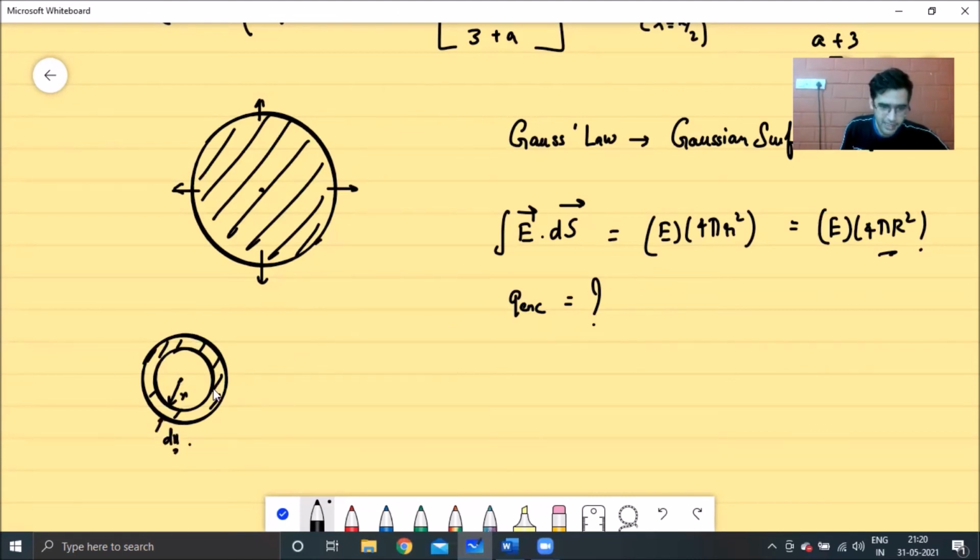So what will be your charge density over here? My charge density over here will be equal to k x to the power a. The volume of the shell which I've taken is equal to 4 pi x squared into dx. Again, I'm only taking the volume of this region.